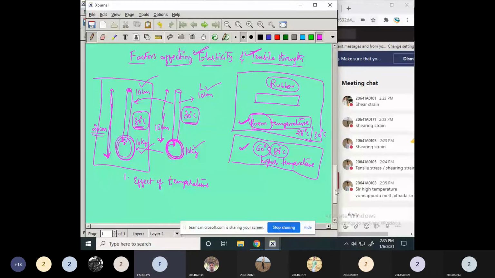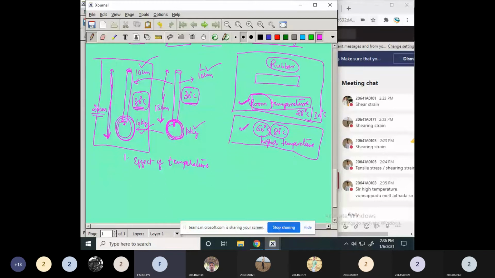Not exactly. If I go with 80 degrees centigrade, it may not melt. But internally, microscopically it may melt. If I go with some 150 degrees centigrade, or else some 200 degrees centigrade, then you can see that this rubber, which is actually at solid state, if I increase the temperature up to some 200 degrees centigrade, then you can find some molten state. Molten state.